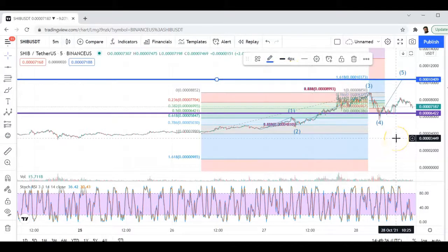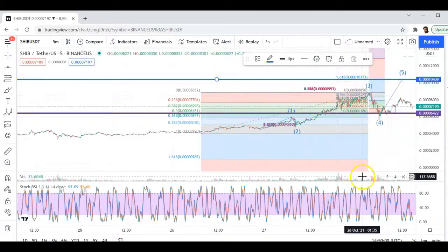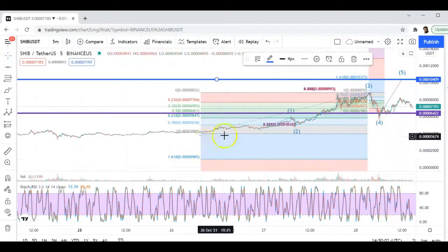So that looks to me, for Elliott Wave, as the possible target, whether that be today, tomorrow, this weekend, or early next week. That seems to be the most likely place that Shiba is going to head if this is truly a 5-wave impulse wave for Elliott Wave theory. Now, bigger picture, this could all be one big wave 1. Who knows? But for right now, I saw that this wave 2 here,